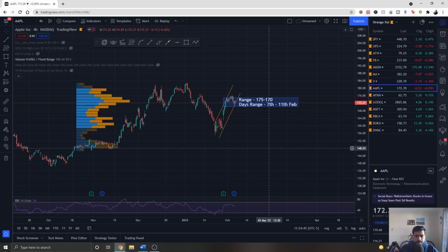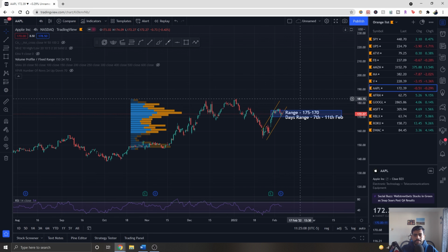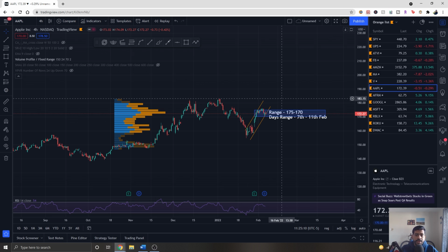Apple is a very interesting play because it's holding itself pretty nicely based on the market volatility, and right now we are in the range of $172. Now the market is expected to move towards 175 and towards 180. As soon as this goes to 180, I will open a put position over there,